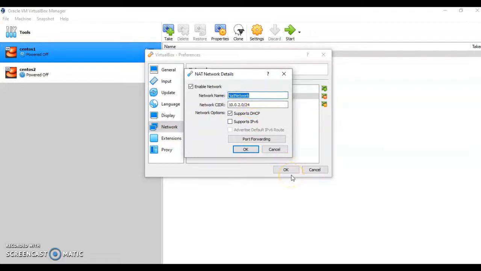For example, I am giving the name lab. You can also change the CIDR, which will accept the IP address range that you would like to assign. For example, I am assigning 172.25.1.0 and providing the CIDR /24. Click on OK.